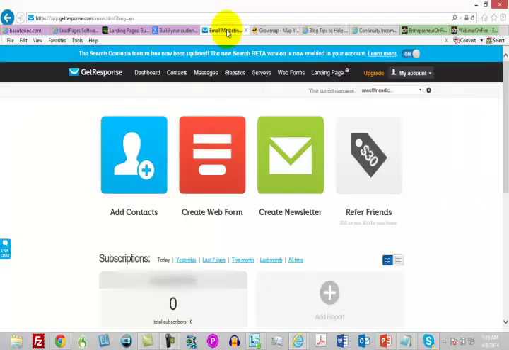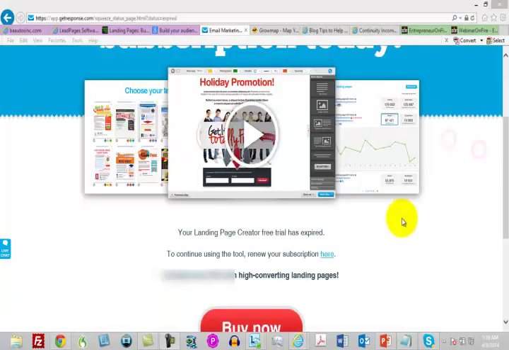One of those things that you're going to have, obviously, is an autoresponder. Now, you're looking at Get Response right now. There are several available. There's Aweber and iContact and lots of different autoresponders available. Get Response does have a free trial. One of the benefits that Get Response has is that they've got a landing page feature built into their pricing that will allow you to build landing pages with ease and at a rather affordable price. I think it's $15 in order to build landing pages, and it's going to tie directly into your